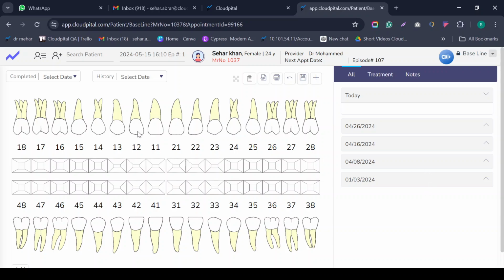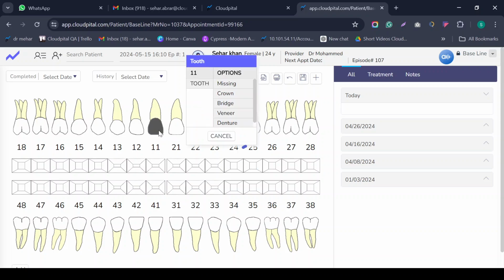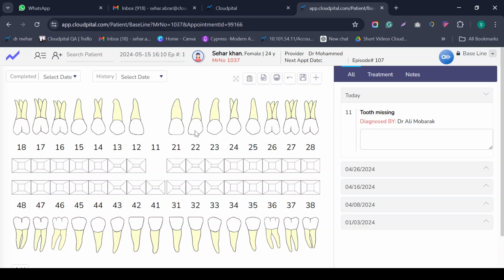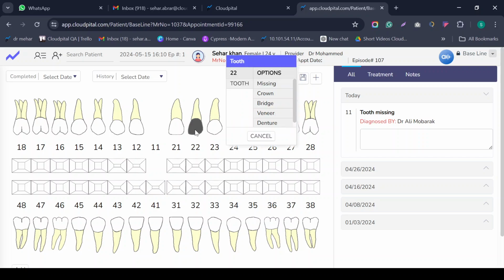I'm just selecting a specific tooth. The patient says that they have pain in tooth number 11, and asks to please remove the tooth or make some other setting on this screen as well. For example, if I select tooth number 11 and the patient says, please remove this tooth, I am in a lot of pain. We can also add a patient's missing teeth. We can also apply different operations like crown, bridge, veneer, and denture.